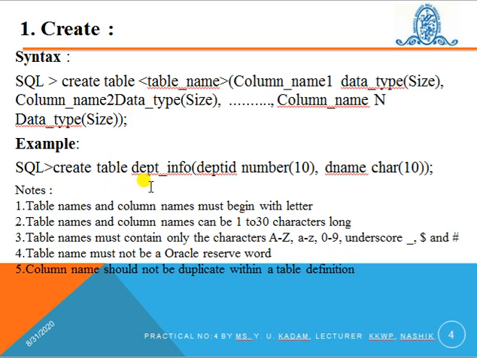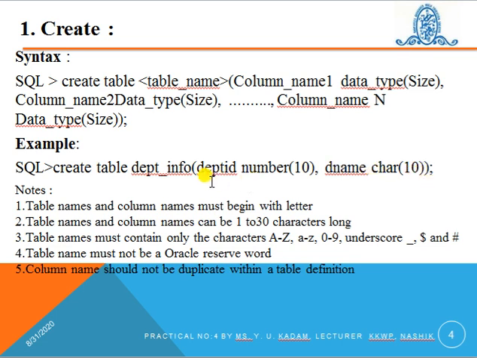So here we are creating the table dept_info, like create table, table name, then write down the first column name. I am giving the first column name as department ID, its data type as number and its size. Then the second column name as department name, its data type and size.